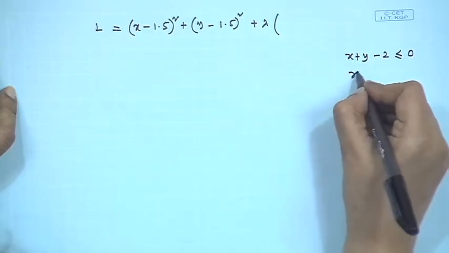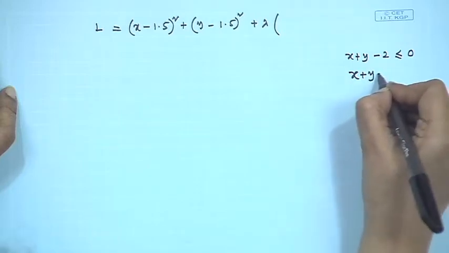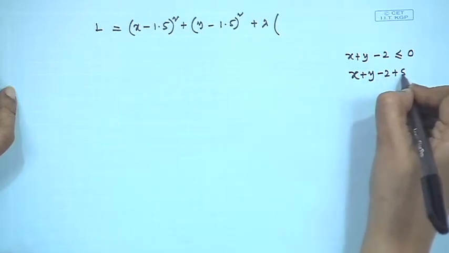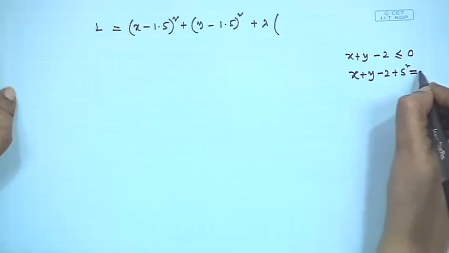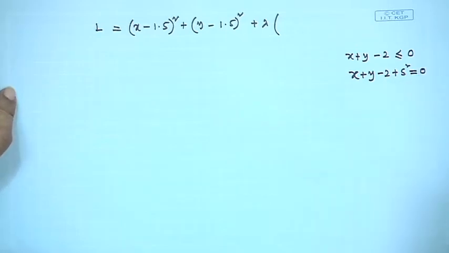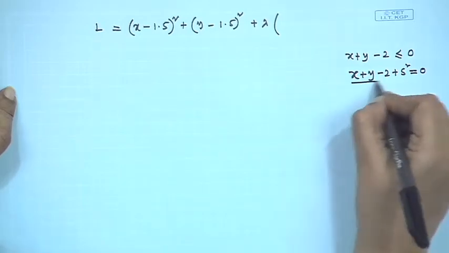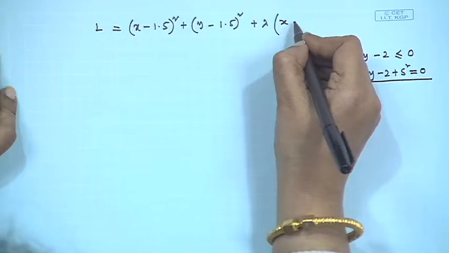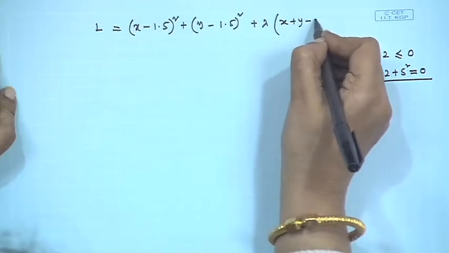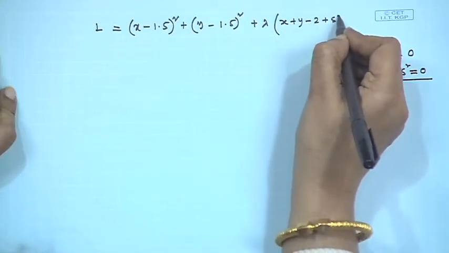That is why we can introduce a positive slack variable. Since we are enforcing positivity, the variable s can be written as s square here. Thus, if we include this inequality as an equality constraint here, then this is my Lagrange function, with minus 2 plus s square,